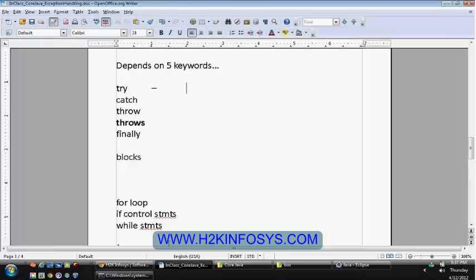So the try block: whenever you already know that a block of code might throw an exception, those statements will be specified in the try block.